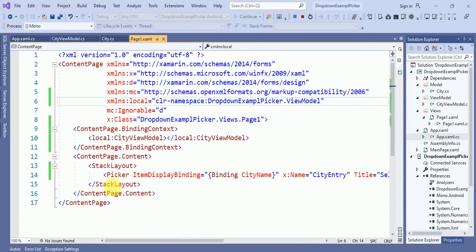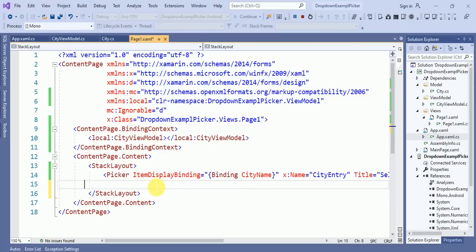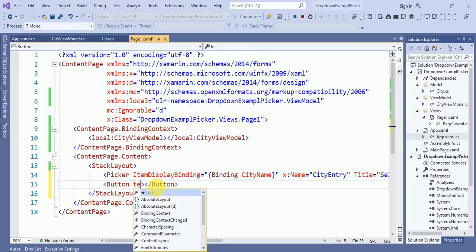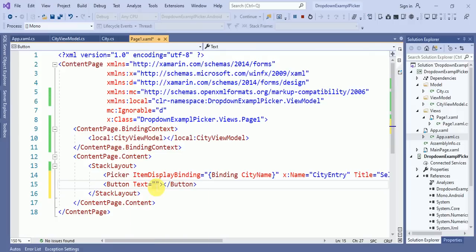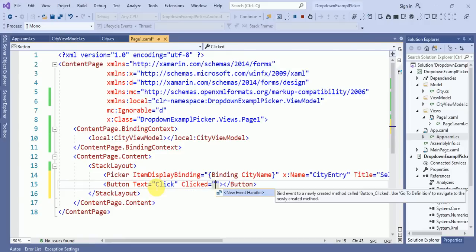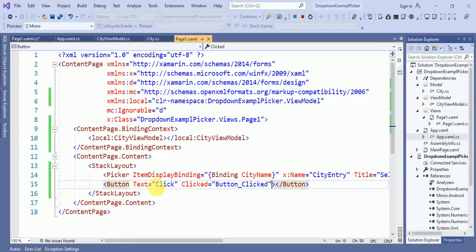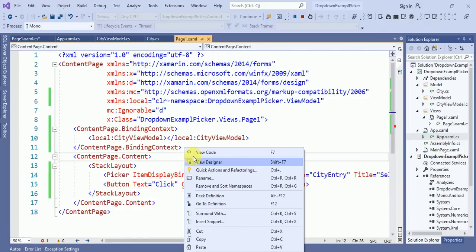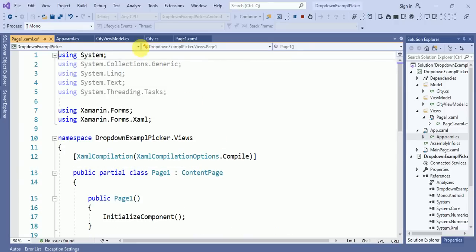Suppose on selection I will create a button, with text equals Click, and Clicked equals new event handler.